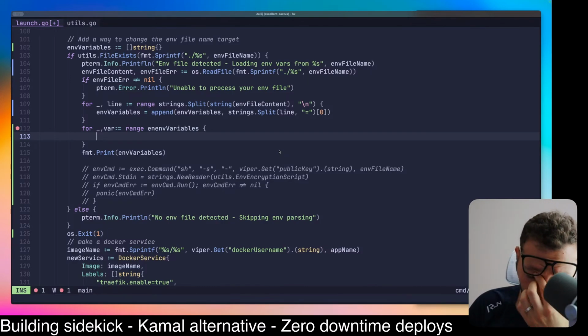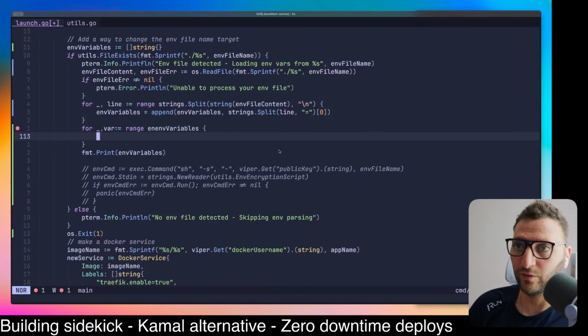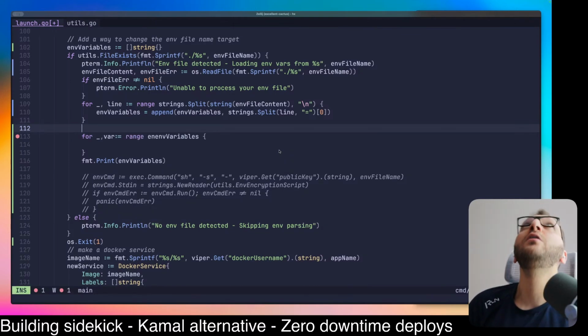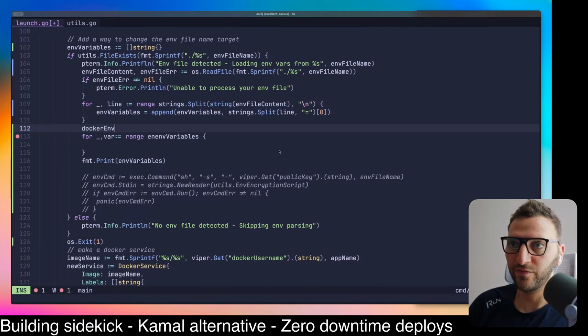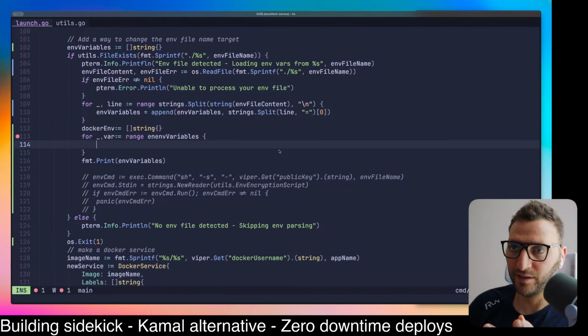We need to have a container first to loop over this. Okay. So Docker env, which is going to be another slice that's empty because you don't have map in Go, and then Docker env dot